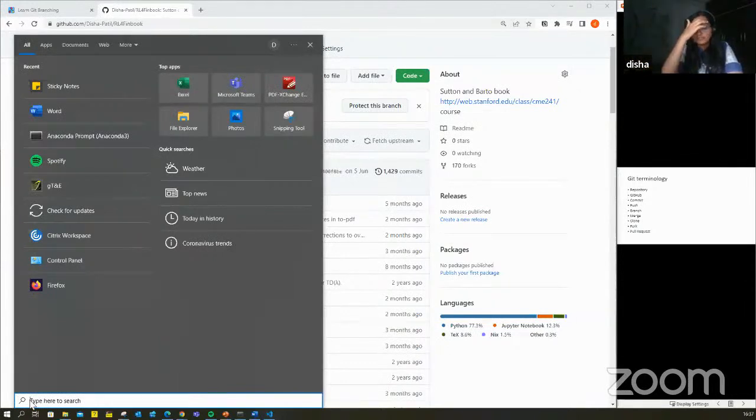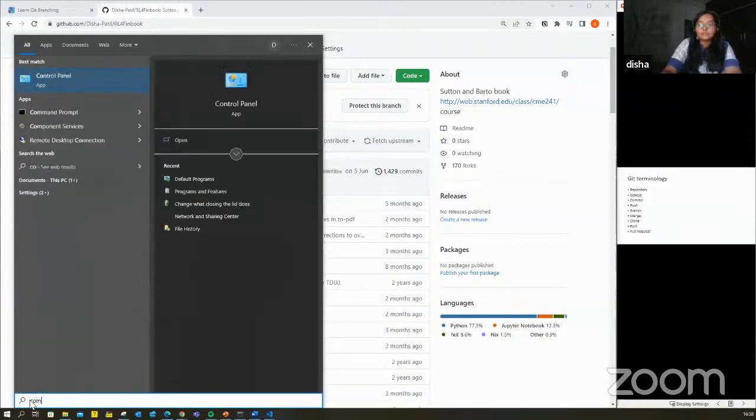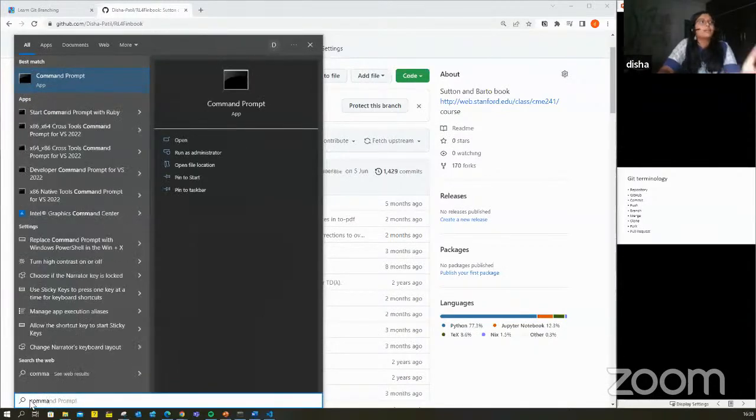I know that Nalanda plans to create hands-on programming sessions, and whenever you want to do hands-on stuff, if you're using an Anaconda environment for data science or Python, you can use the Anaconda command prompt, or else if you just have a Windows machine, you can type command prompt in your search window. This command prompt will open up. You can open it as admin or just open it up.